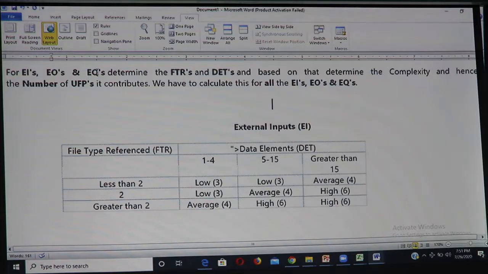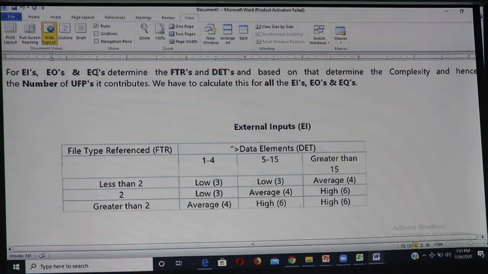Data elements, which is DET, are nothing but the fields of the table or file.